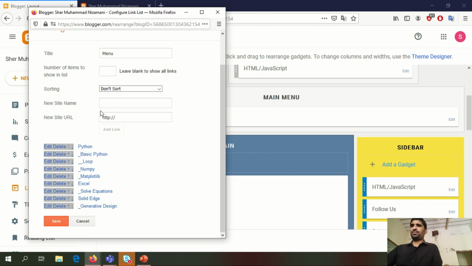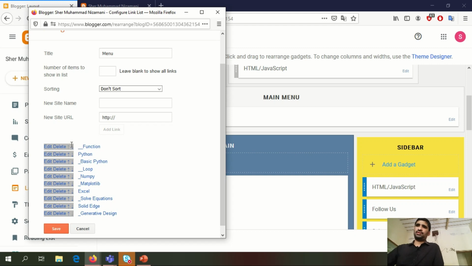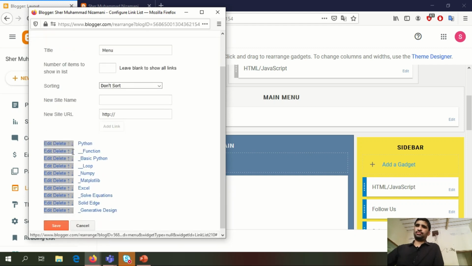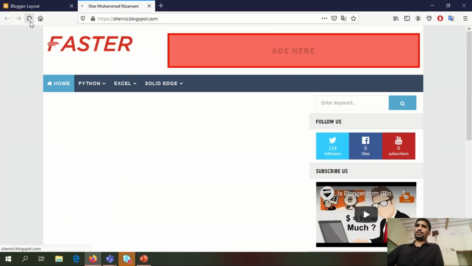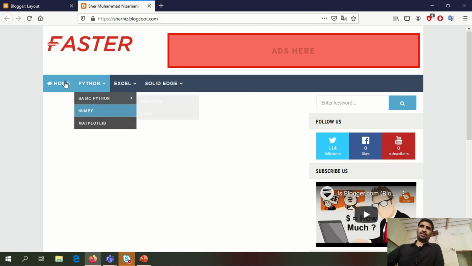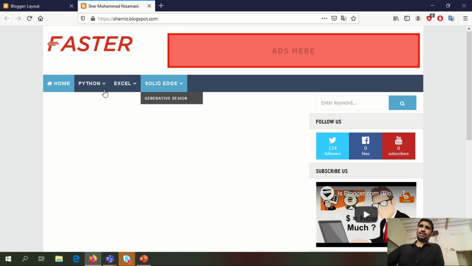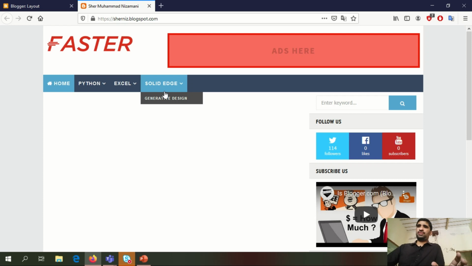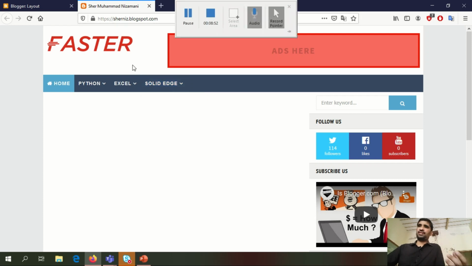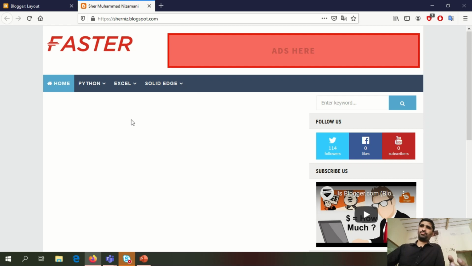So this is in basic Python, function, I say user defined function or the simple function I'm saying here. So this is in basic Python. So just save it, and then we basically successfully added our menus, then submenus, and then a submenu to a submenu. So in this lecture we will be limited to here, and in the next one we will put some posts. Thanks.